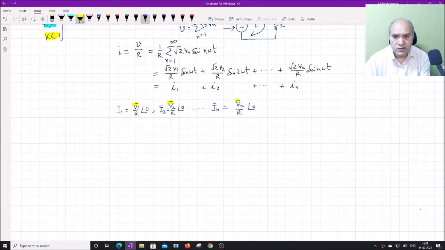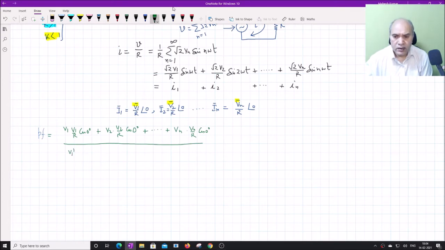So when I want to find the power factor for this case, it becomes like this: PF is equal to V1 I1, where I1 is V1 by R, and cos phi 1 is cos 0, plus V2 into V2 by R, again cos 0 because the angle is 0, and this goes on till we get Vn In, that is Vn by R, and this is again cos 0, and the whole thing divided by